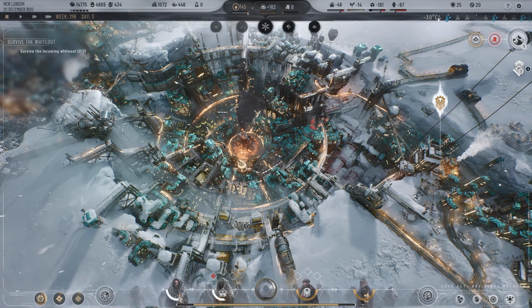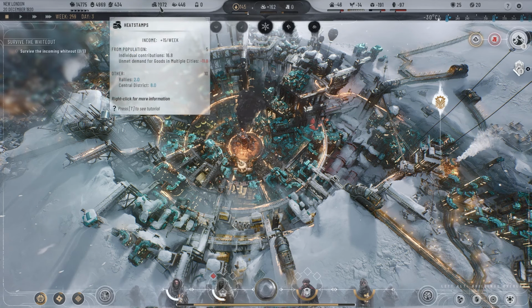All right, so let's talk about the different resources and currencies that you have in this game. At the top, you have heat stamps. Think of this as the coins or the money of this world. I'm only producing 15 per week right now. You can see what's contributing to that as well here. We've got some rallies as well as the central